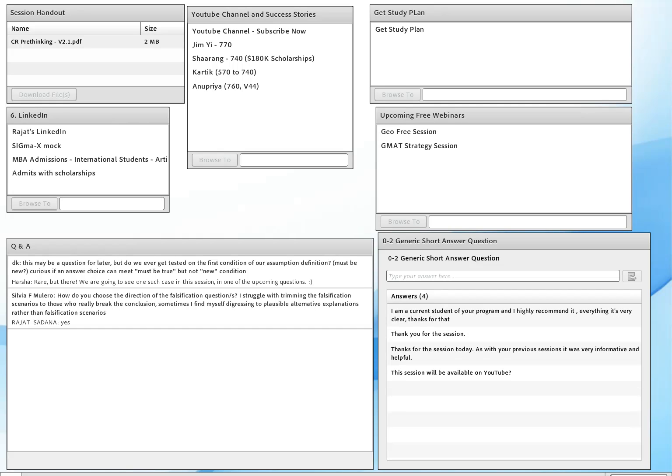Admits and scholarships. If you go to our admits and scholarships page, we actually did this research last year where we contacted about 500 of our students, and what we found was, if you're looking for a significant scholarship, aim for a score of 740 or higher. If you have a 740 or higher and a reasonably good profile, then in a school ranked 25th to 30th, you can get anywhere between a 50% to a full ride. In schools ranked outside of M7 to 25th, you can get about $40,000 to $50,000 worth of scholarship, which is